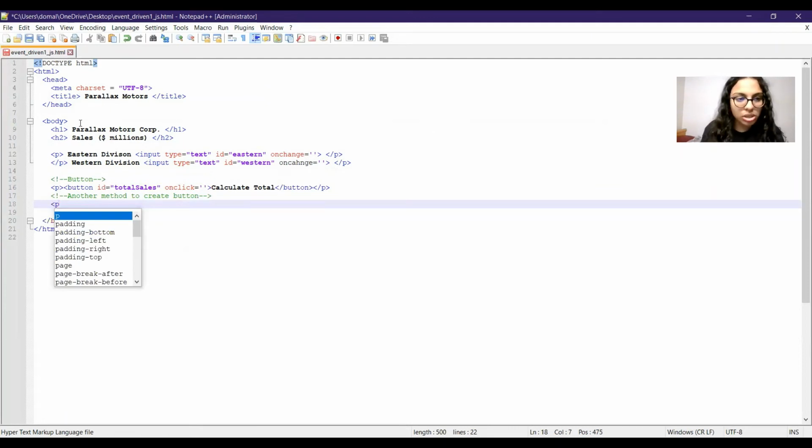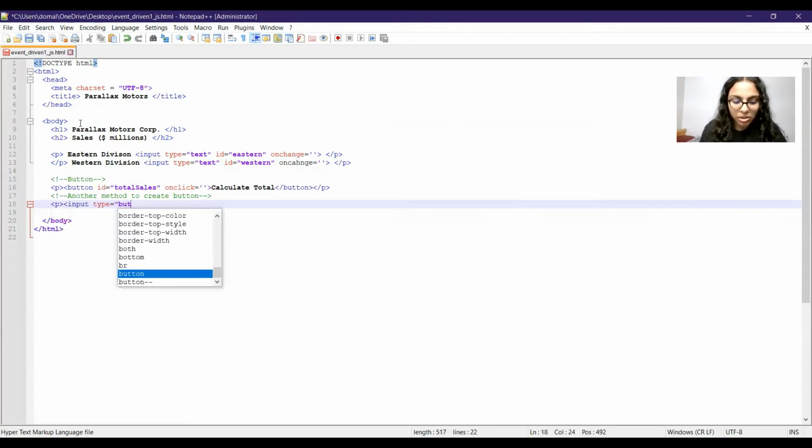Another method would be to write it with the input tag. So we can write the p tag, then we can have input. Now the type will be over here button.